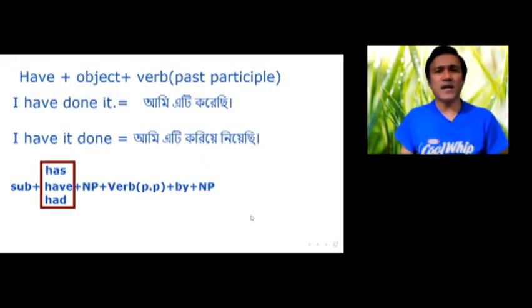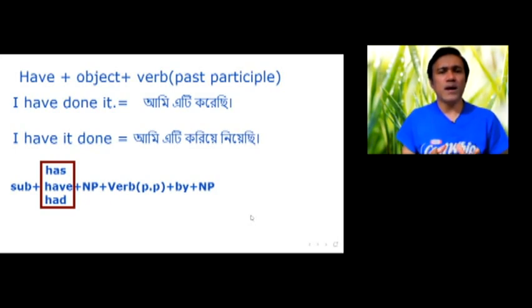এখন আমরা এমন একটি স্ট্রাকচার শিখব যার মাধ্যমে আমরা আমাদের জীবনে গুরুত্বপূর্ণ বাক্য তৈরি করতে পারবো, চমৎকার বাক্য তৈরি করতে পারবো। যেমন I have done it, আমি এটি করেছি। I have it done, আমি এটি করিয়ে নিয়েছি। এখানে বোঝা যাচ্ছে যে প্রথম বাক্যে আমি নিজে এটি করেছি এবং দ্বিতীয় বাক্যে আমি নিজে করিনি, আমি অন্যের মাধ্যমে এটি করে নিয়েছি। এই স্ট্রাকচারটি হচ্ছে have প্লাস অবজেক্ট প্লাস ভার্ব পাস্ট পার্টিসিপল।